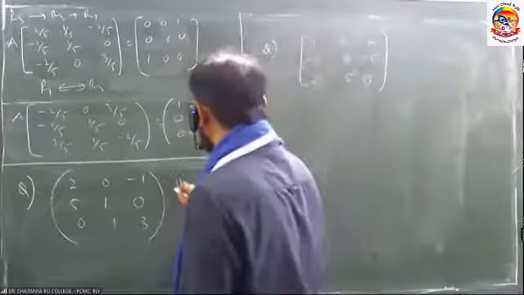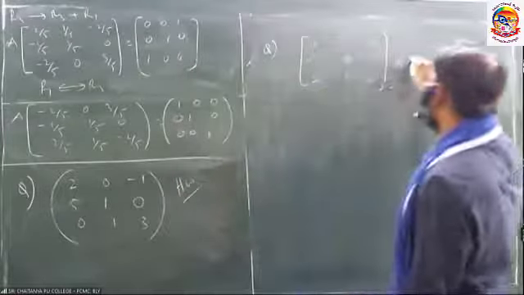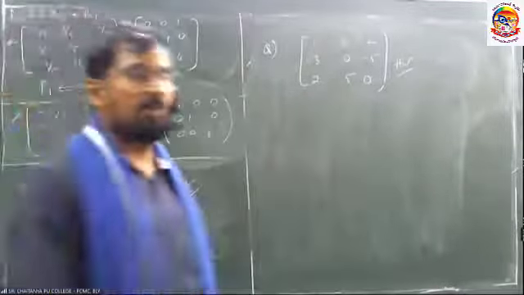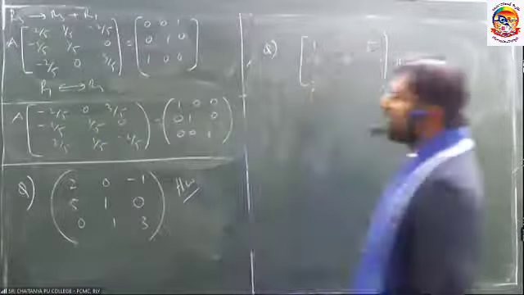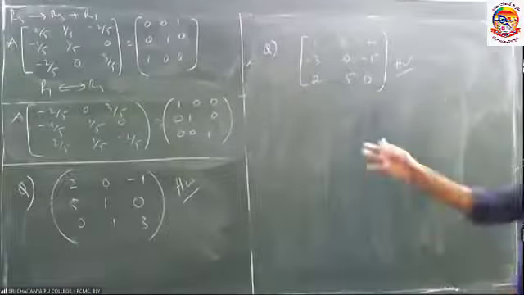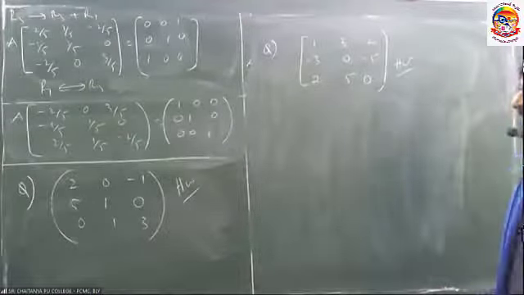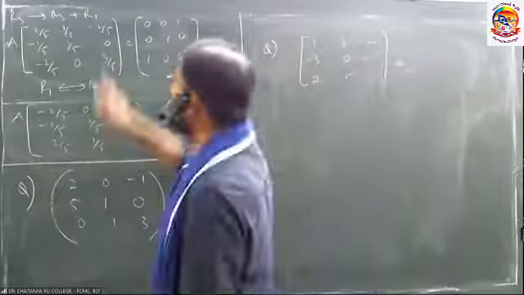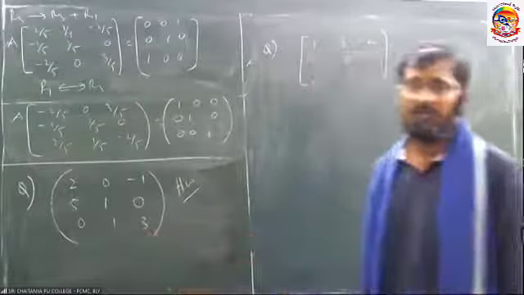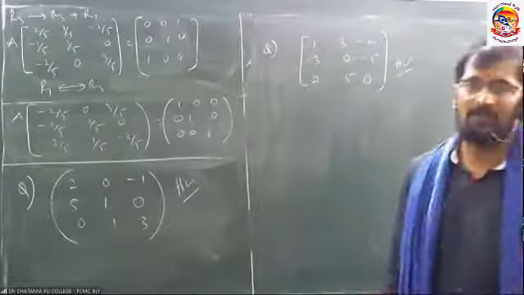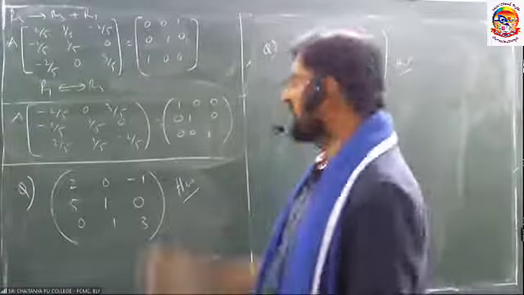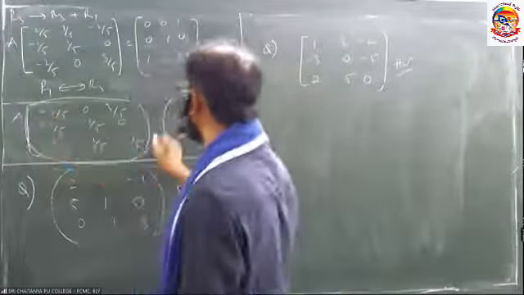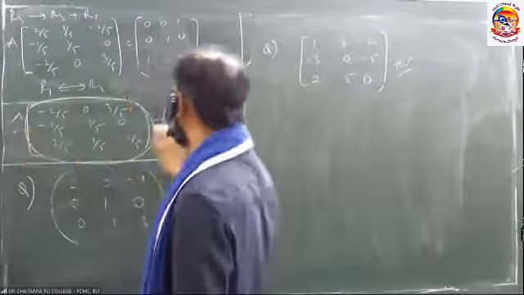You write down these two problems as homework. If it is possible, do them. Otherwise, we are going to teach them in the classroom session, nothing to worry. If you want to do them, you can enjoy these problems if you do it individually, right? Do them slowly. First of all, try to convert this in the form of 1, 0, 0, 0, 1, 0, 0, 0, 1. Then the same operations can be used for finding A inverse. This becomes A inverse now. By comparing, A into A inverse is equals to I.